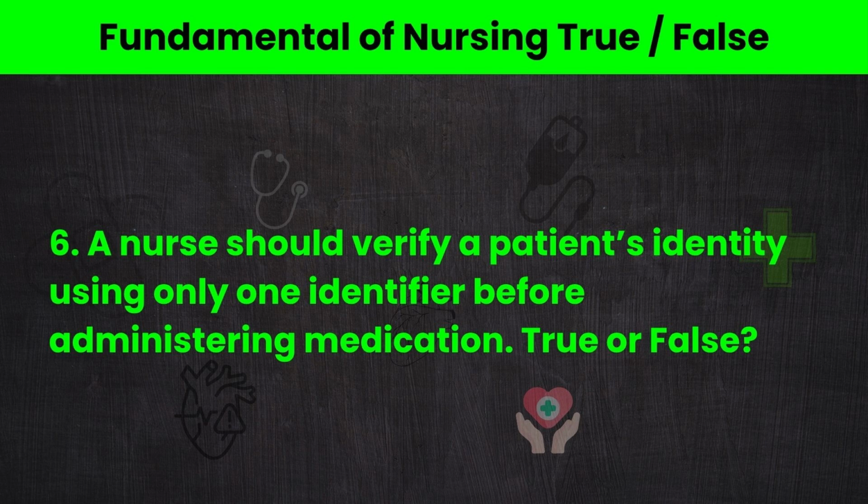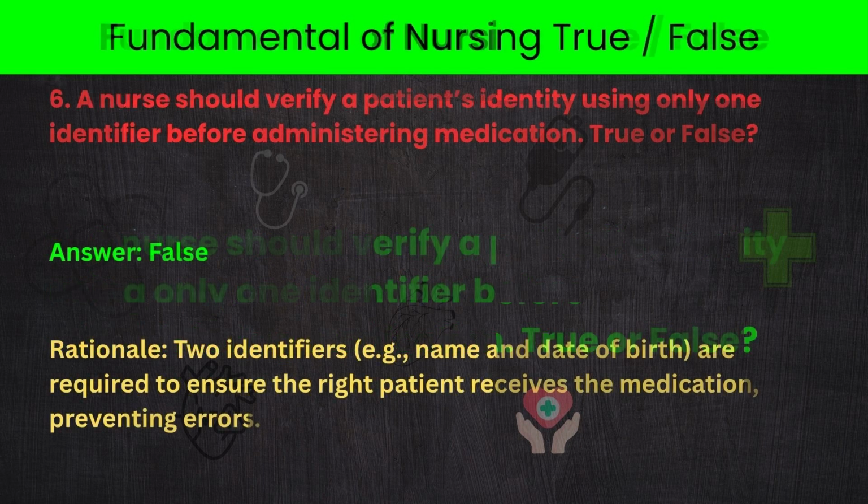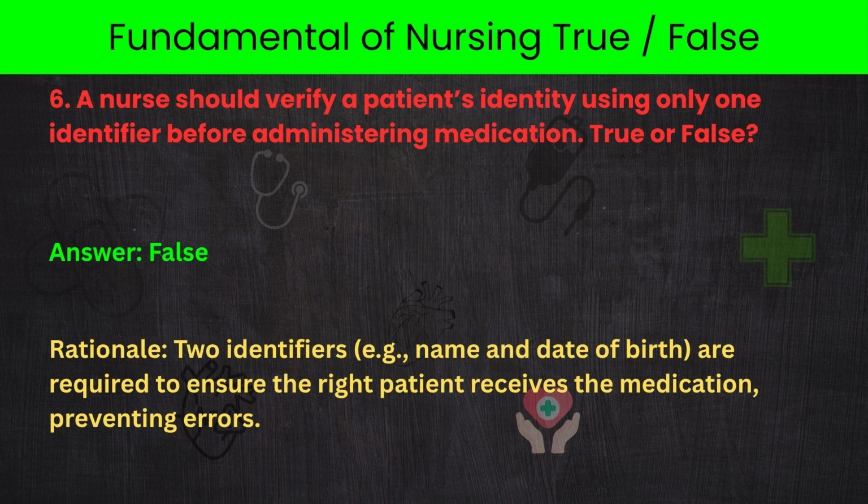6. A nurse should verify a patient's identity using only one identifier before administering medication. True or false? Answer: false. Rationale: 2 identifiers, e.g., name and date of birth, are required to ensure the right patient receives the